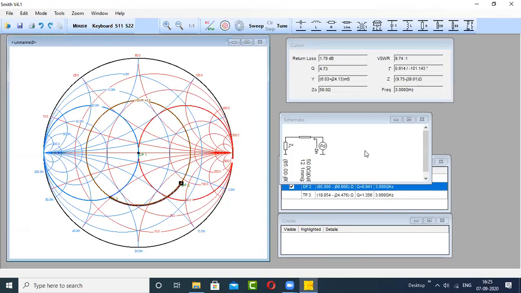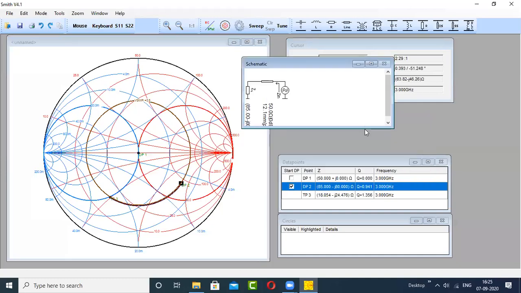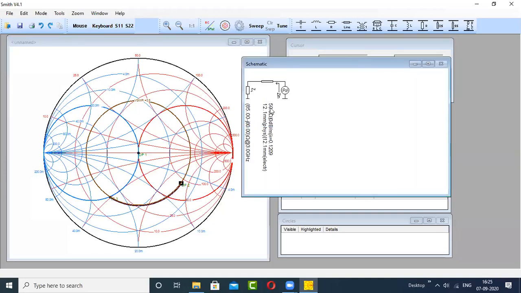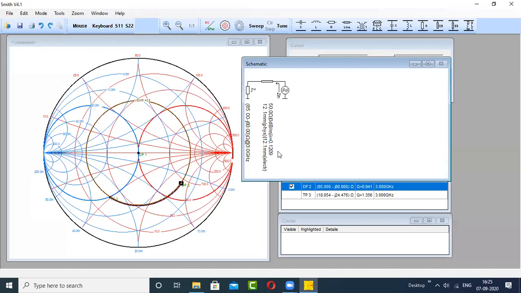Okay, so now the location of the stub, or you can say the transmission line length from the load end, is 0.121 lambda. You can check your answer. Is it 0.121 lambda? Yes, sir. Or something else? So I got 0.123. Okay, means it's correct. 0.12 you have got, na? Yes, sir.